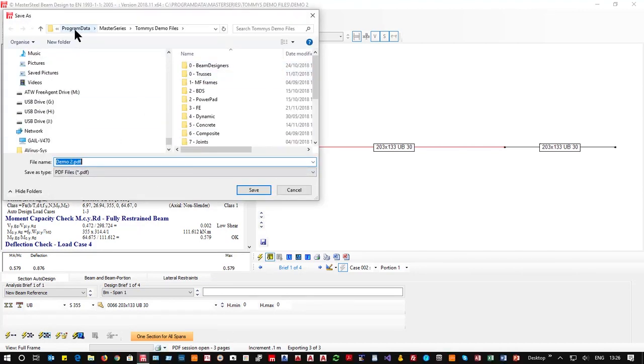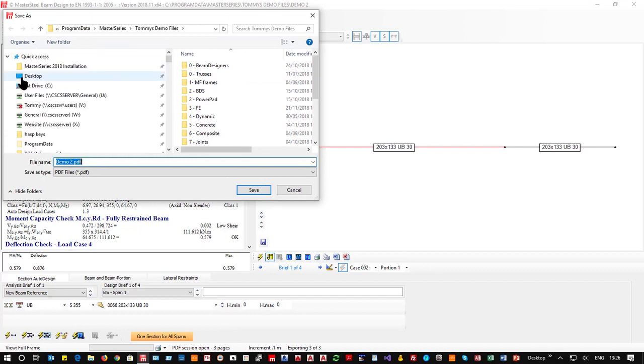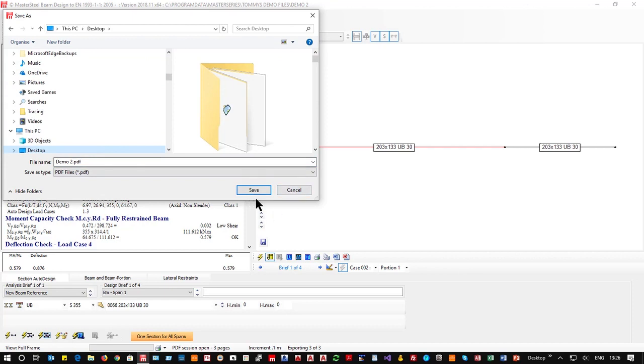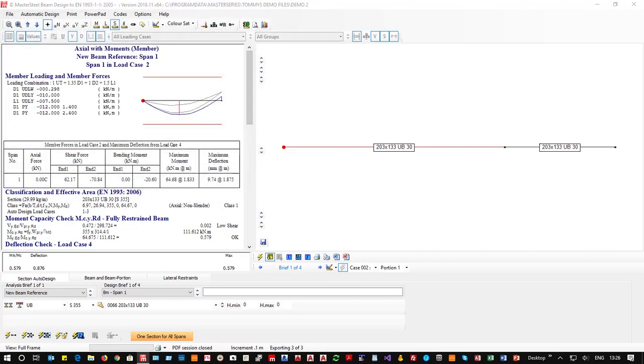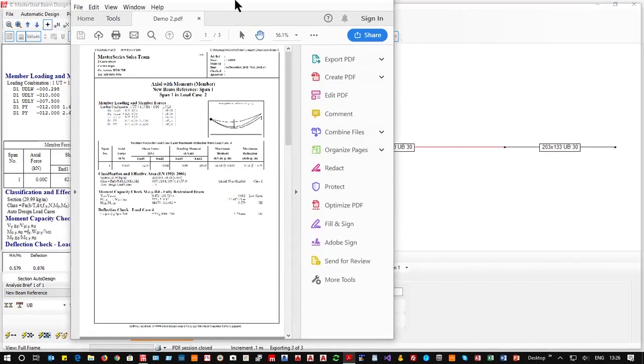And I always like to save it on the desktop so I can find it again quite easily. If I can get the desktop, there I go. And we're going to call it demo 2, same file name, and here we go. So very simply,